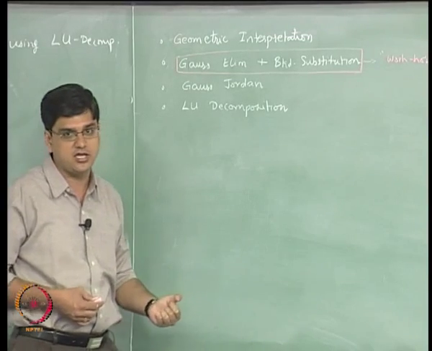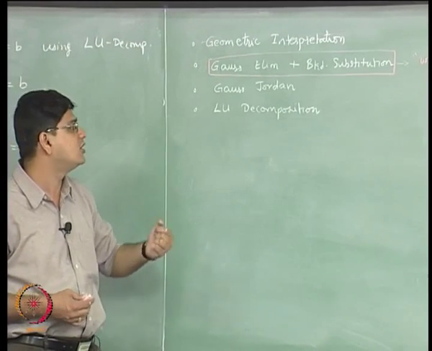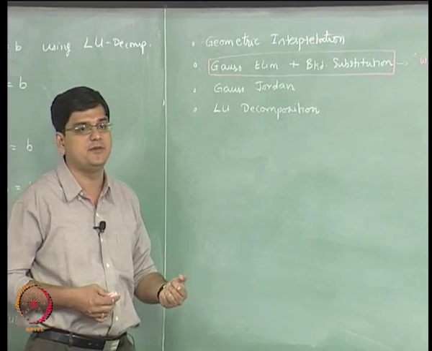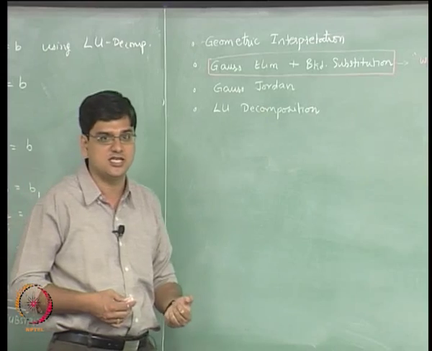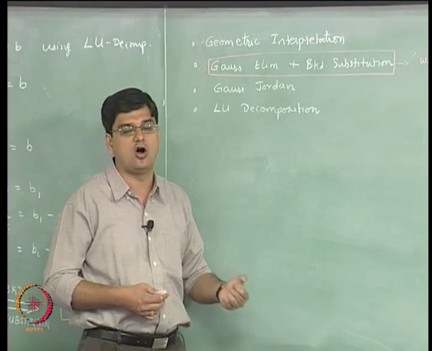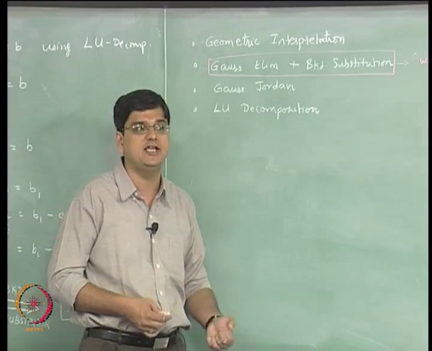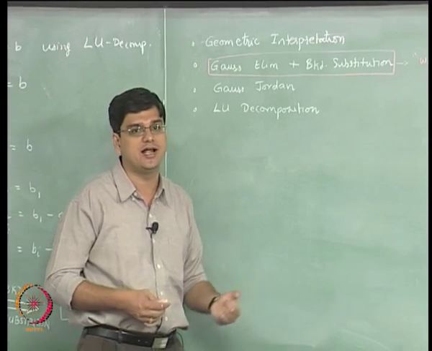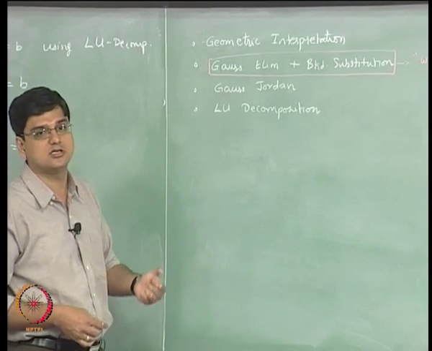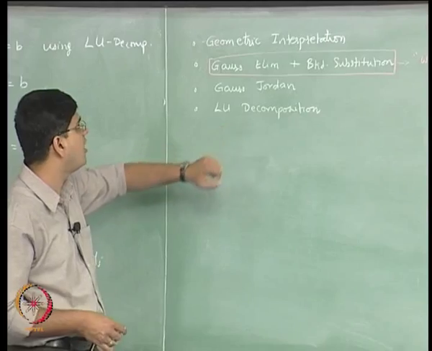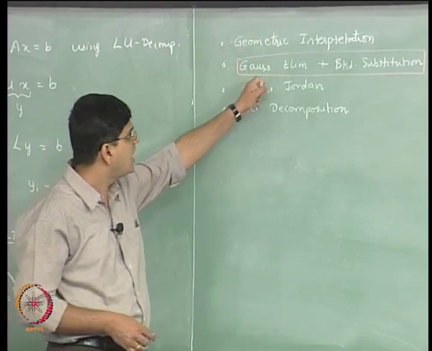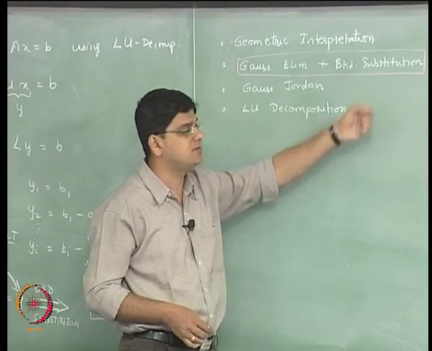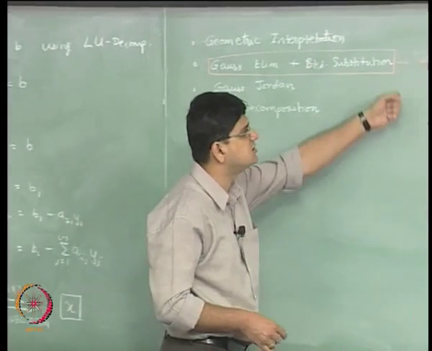to the power 3, which basically means that for a matrix of size 1 million, which is 10 to the power 6, the computational effort is of the order of 10 to the power 18 operations on that particular matrix. So it becomes really a big issue how much computational time you are going to spend in order to solve these problems. As a result, this Gauss elimination plus backward substitution is the workhorse.